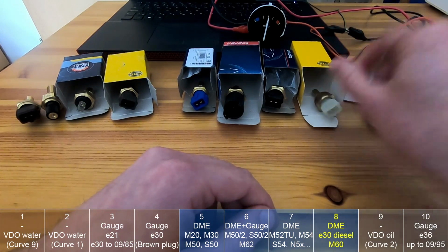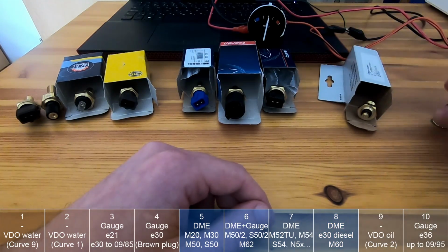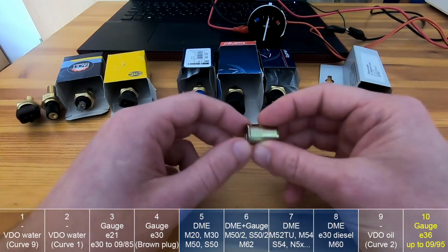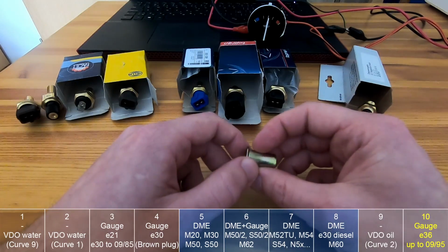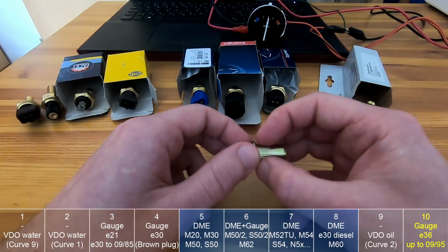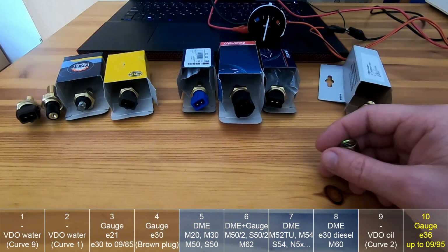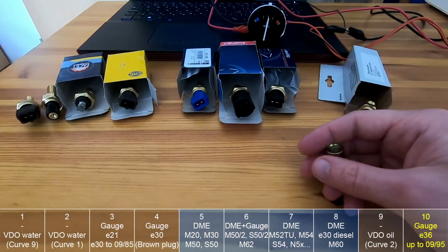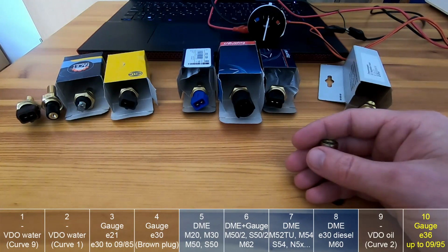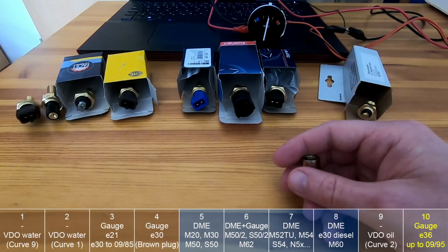So I can skip this one, we don't need it anymore. And this one actually has M14 as well. And now I can get to the options for the swaps. So when you have an M50 or M52 engine, of course this came from the factory in the E36, but when you are swapping them to the E30 or E21,